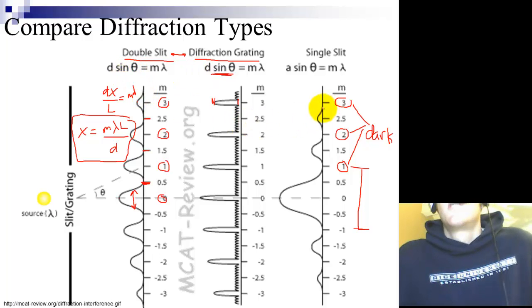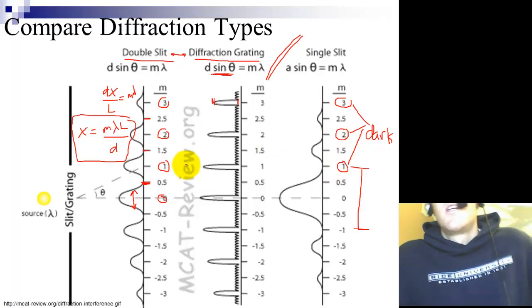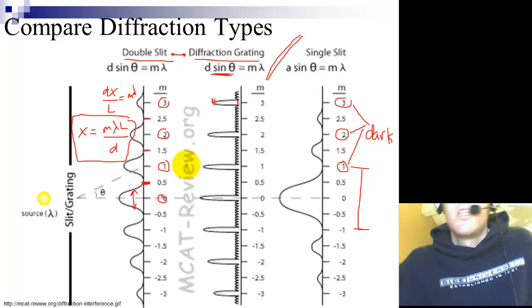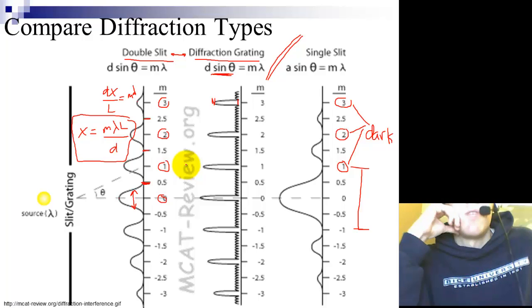And then single slit is kind of the oddball out because the equation there is very similar, but you're finding the dark spots instead of finding the bright spots. So I hope this slide has refreshed your memory on the 3 different ones and shown the difference between them. The only other thing we learned in terms of interference and diffraction is thin film interference,